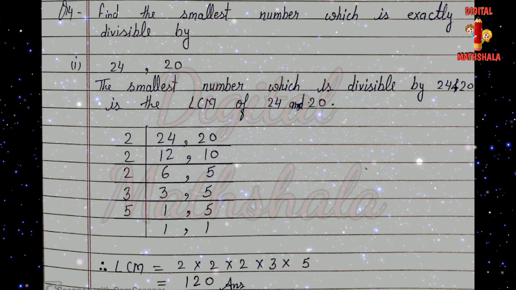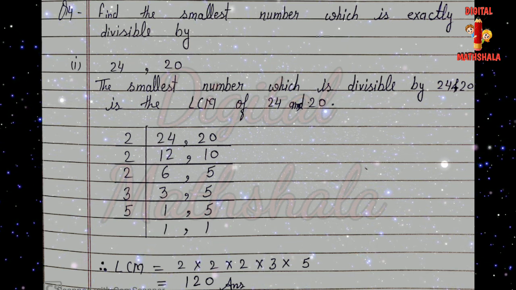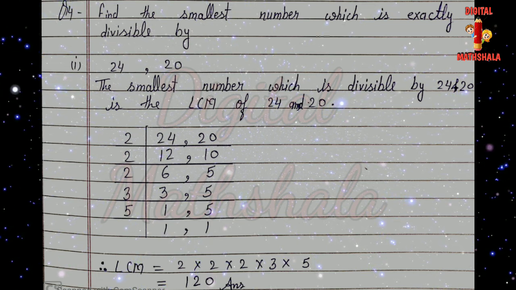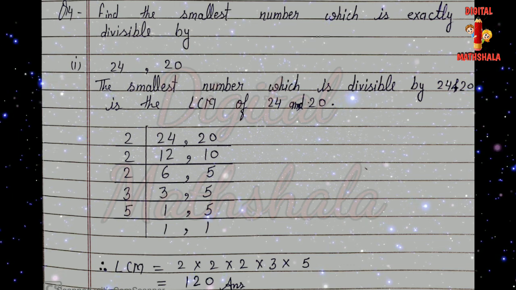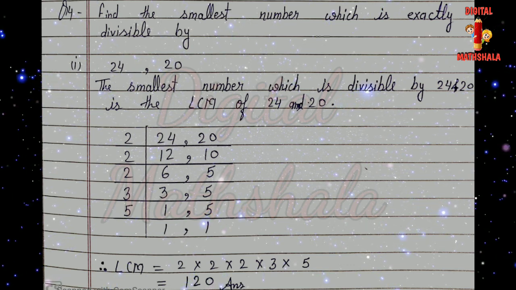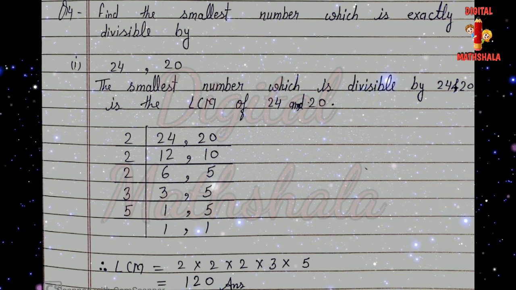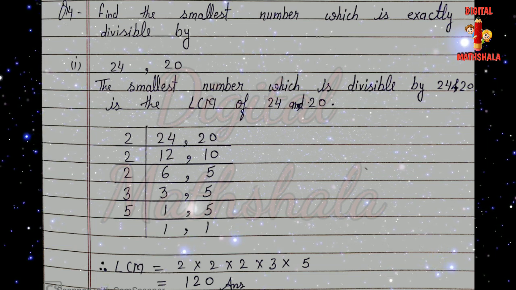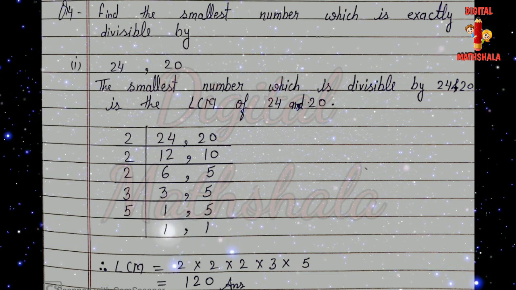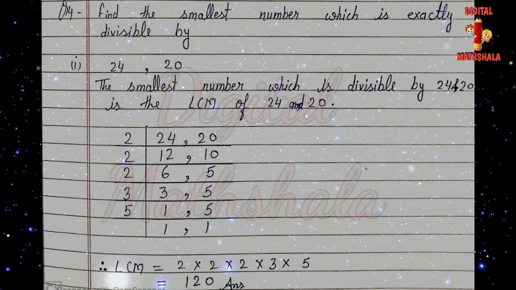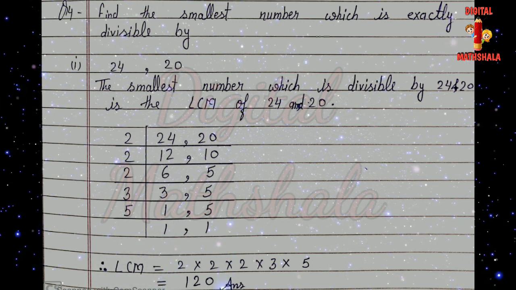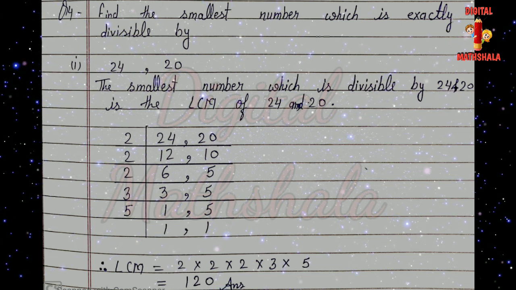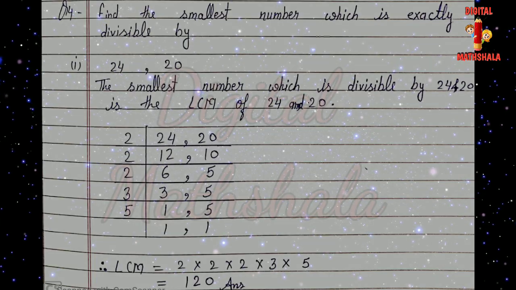Now both numbers are odd numbers. Now we will move to the next prime number, that is 3. So when we divide 3 by 3, we will have 1. As you know then that 3 and 5 both are prime numbers, so we have to divide these two numbers by the same number, that is 3 and 5. So in last we will have all the factors, that is 2 multiply 2 multiply 2 multiply 3 multiply 5. When we multiply this, we will have 120 as the answer, that is known as LCM of these two numbers.